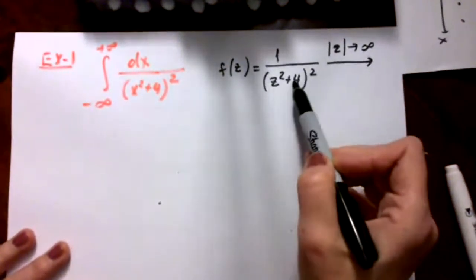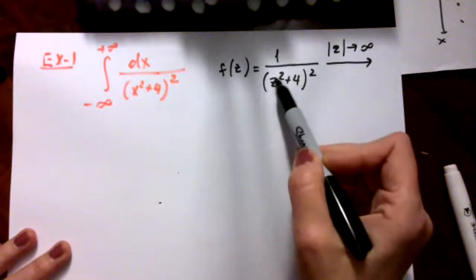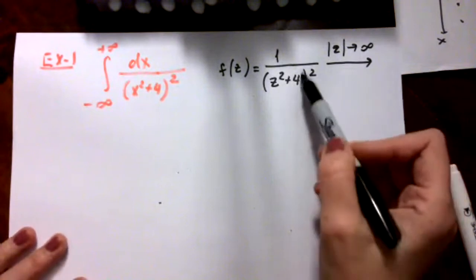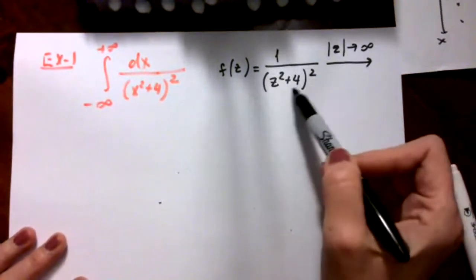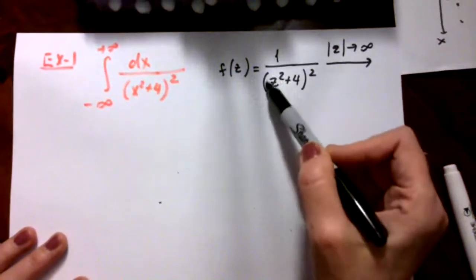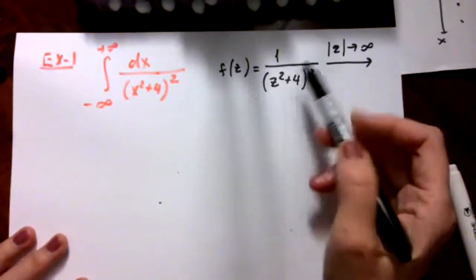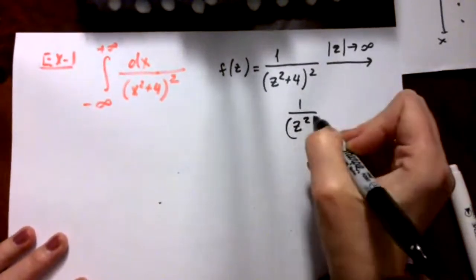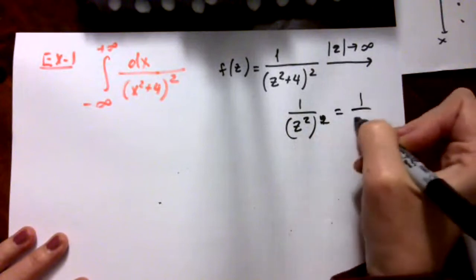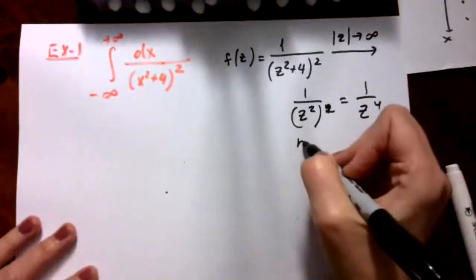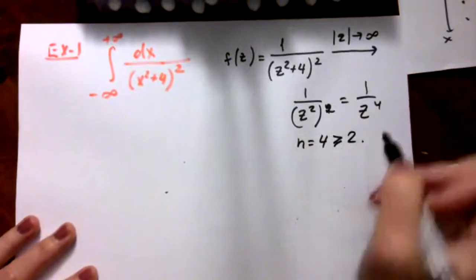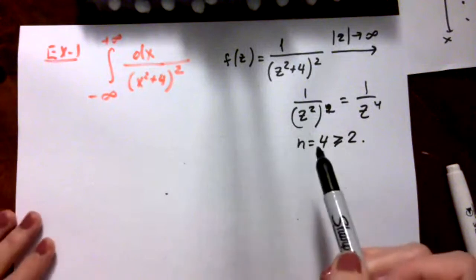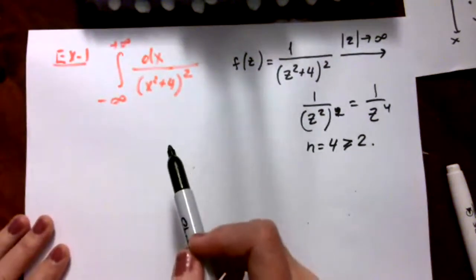You can see two terms here under parentheses. z squared is the first term and 4 is the second term. As was noted before, the behavior of this whole expression inside the parentheses is determined by the term with the biggest power, which is undoubtedly z squared. That is why you can just disregard 4, and you will end up having 1 divided by z to the power of 4. And of course, you realize that n is equal to 4, which is obviously bigger than 2. So the requirement of this theorem, of this formula, is met, and we can move further to the next step